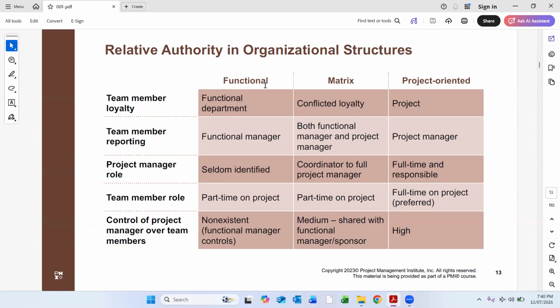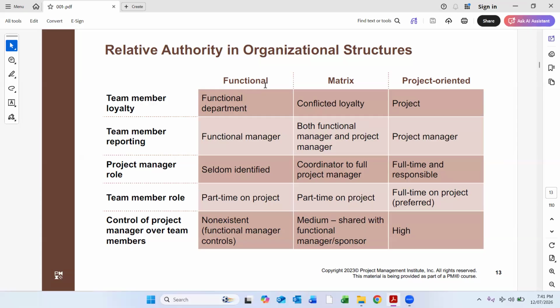Now, let us discuss the matrix organization. It is a mix of both project and functional. So here, who has authority on the project? Medium, shared with the functional manager. So both have roles, the project manager and the functional manager. Team members are part time on the project.